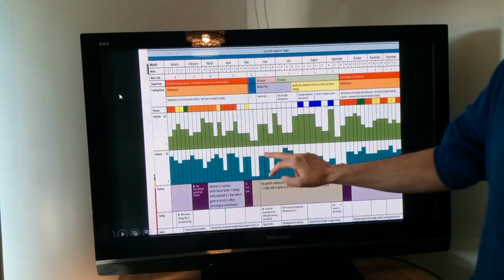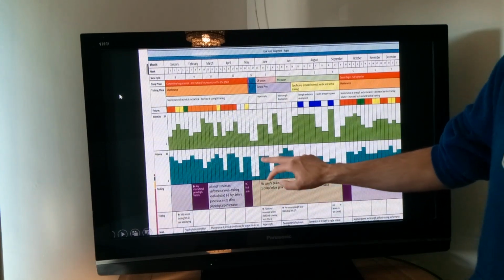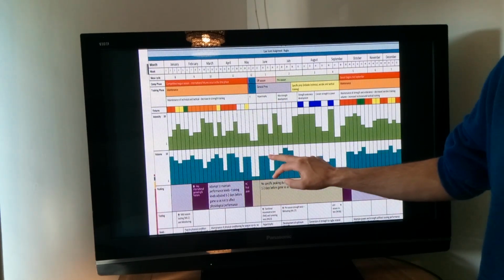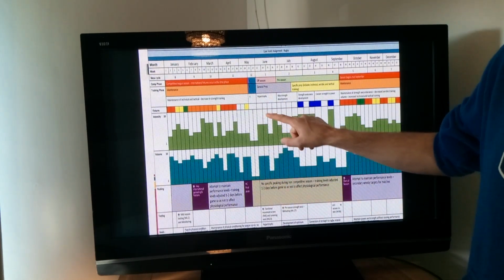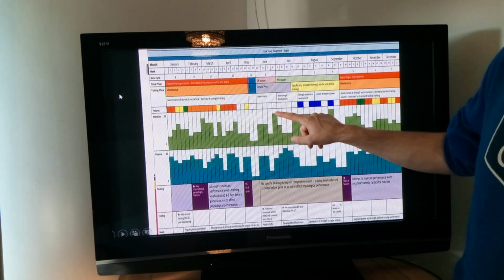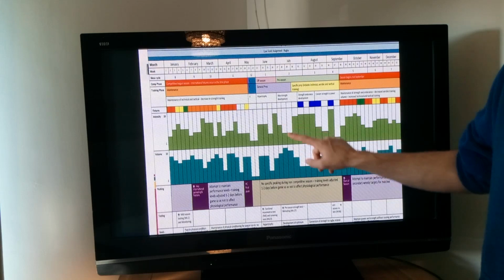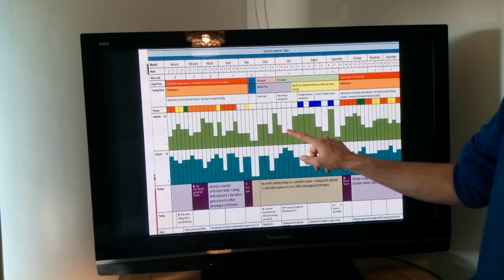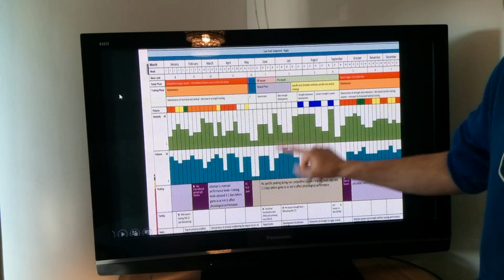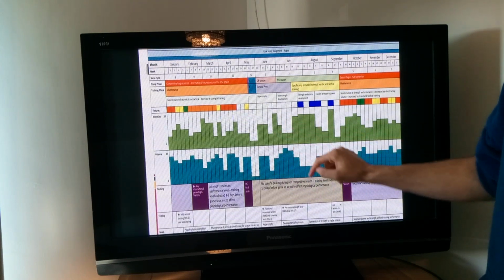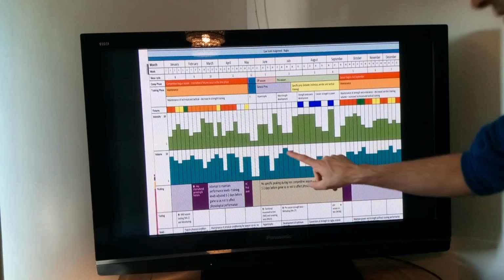Volume, so how much are we doing? We're doing it a lot. We're working at low intensity, but we're doing it a lot of times. And you can see that it matches. If our intensity goes up, the volume tends to drop. If the intensity drops down, the volume goes up. Because if you're working at a low intensity, you should be doing a lot of exercise. If you're working at a high intensity, then obviously you don't do as much exercise.